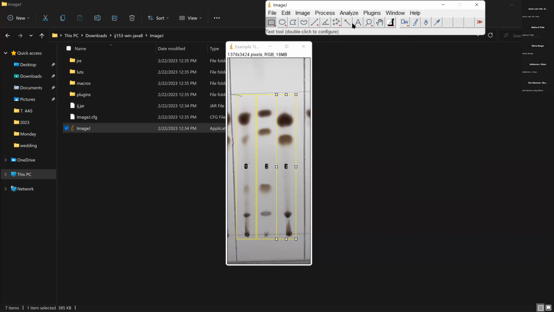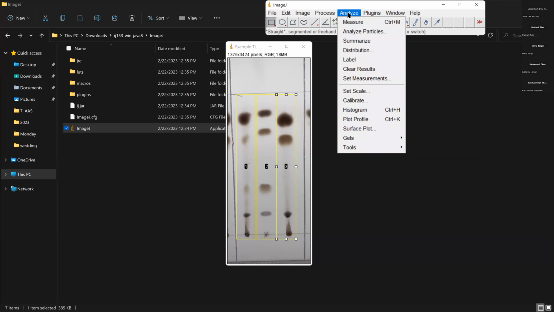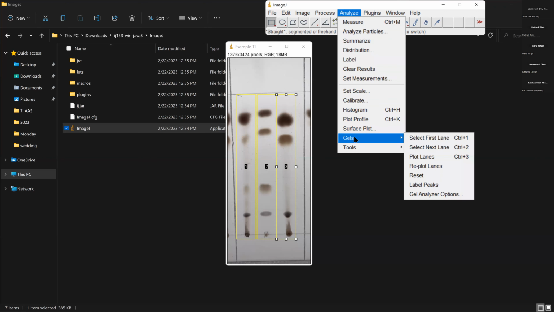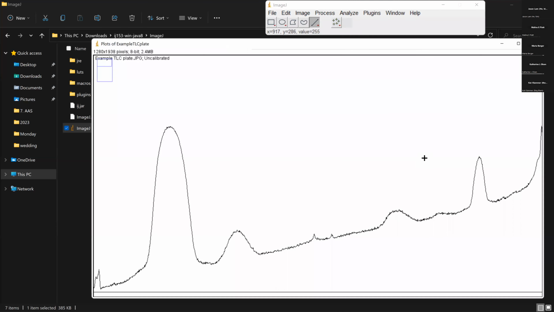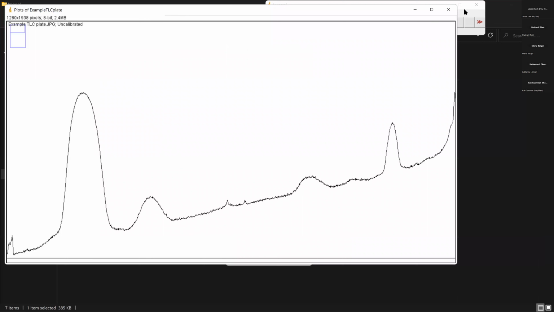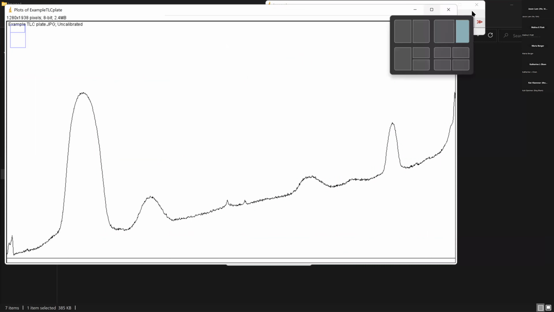So that takes us from step 4 to step 7, I believe, of the instruction sheet. So now that they're all in place, I'm going to go Analyze again, Gels, and then Plot Lanes. So that is step 8. So now what it comes up with are these chromatogram peaks. So this is really similar to something that you would see